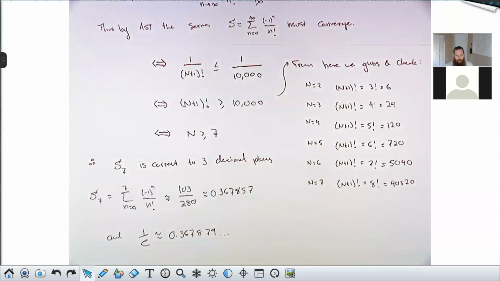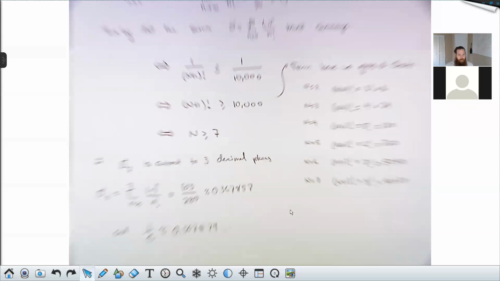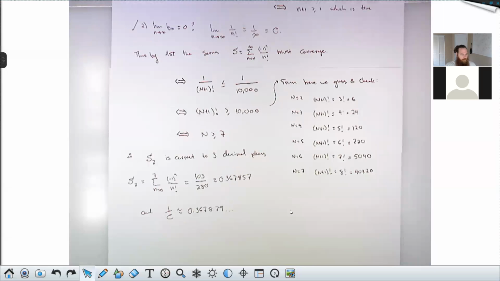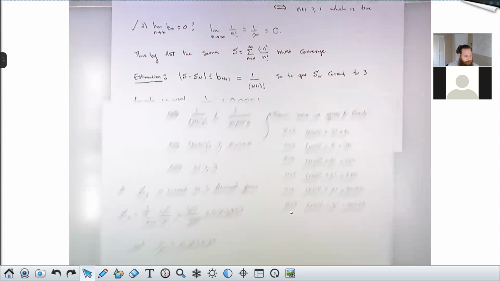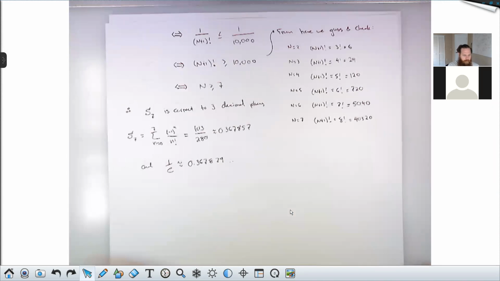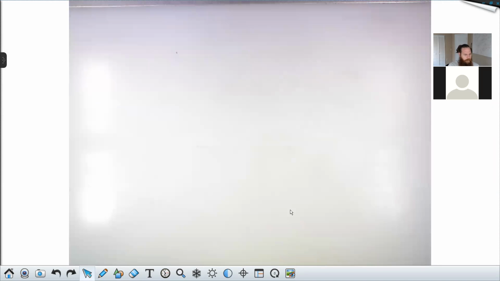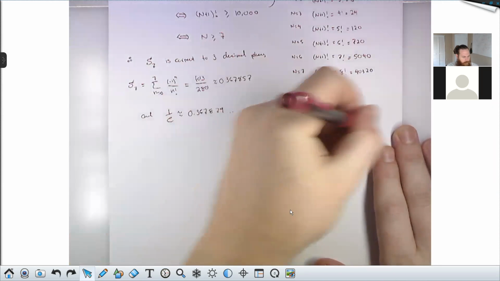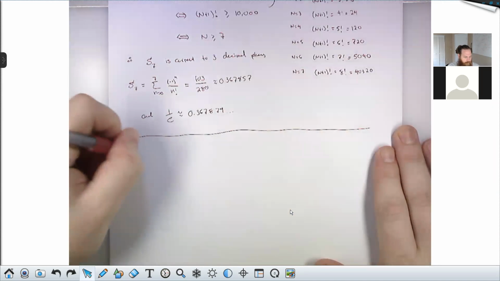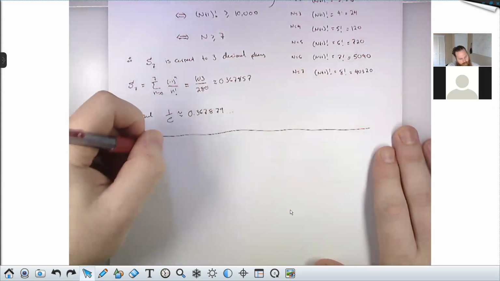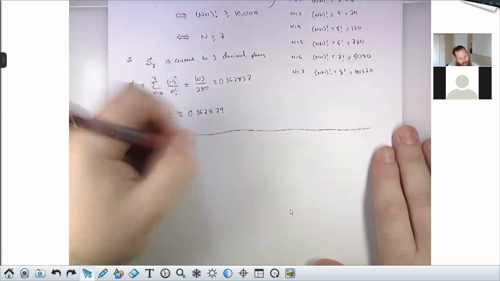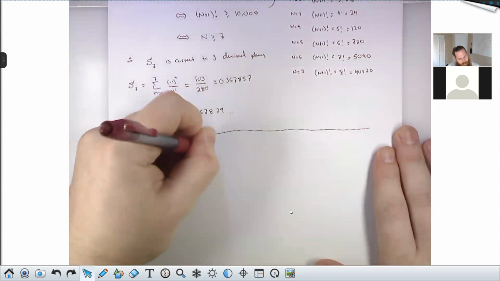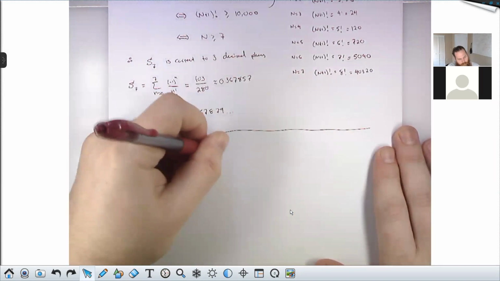Okay, I think that is about everything I wanted to cover today. So I'd like to take a second here to just recap one last little thing. Because the alternating series test is not hard to use, but I don't want you to get confused. So AST, alternating series test, says, given a series, an alternating series